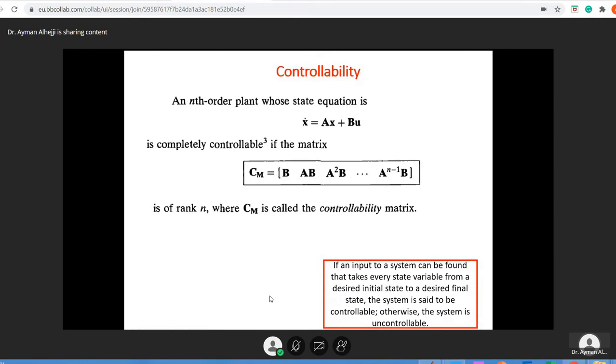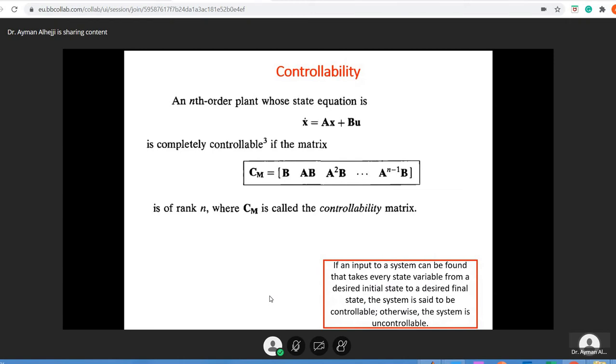controllability. What does controllability mean? So I limited the converting from transfer function to state space, only one example. Good to know. And here we have controllability, the matrix. How can we define controllability? What does controllability mean? Here in the red box, it's a little definition that shows you how